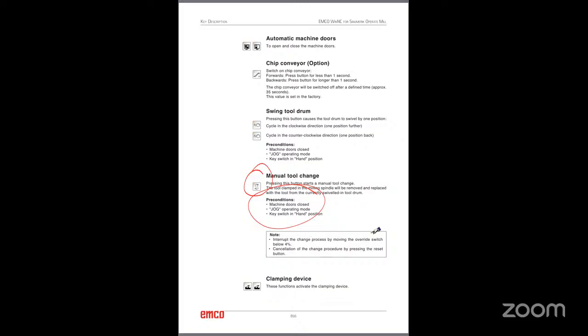Let's see. Just follow the instructions. Make sure that the machine door is closed. And then the mode is in job operating mode and the key switch is in hand position. Okay, now you can